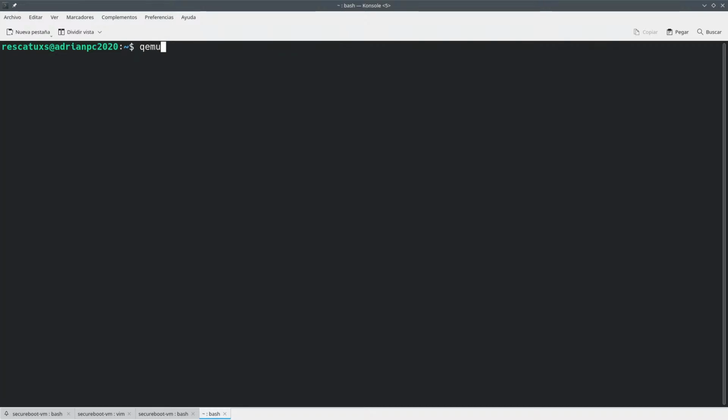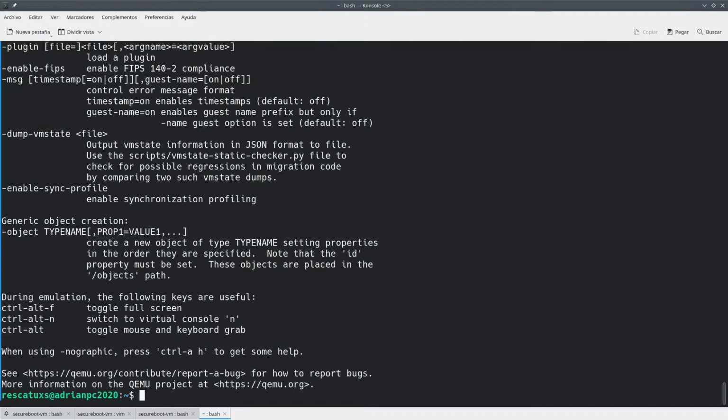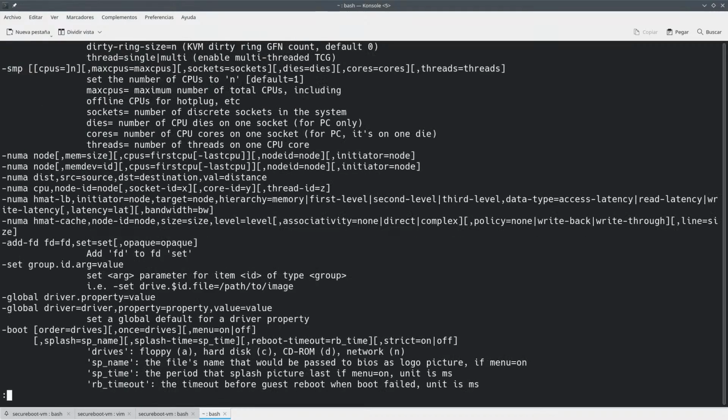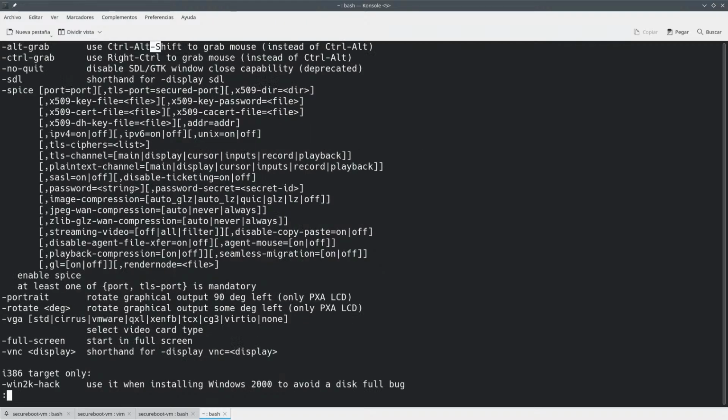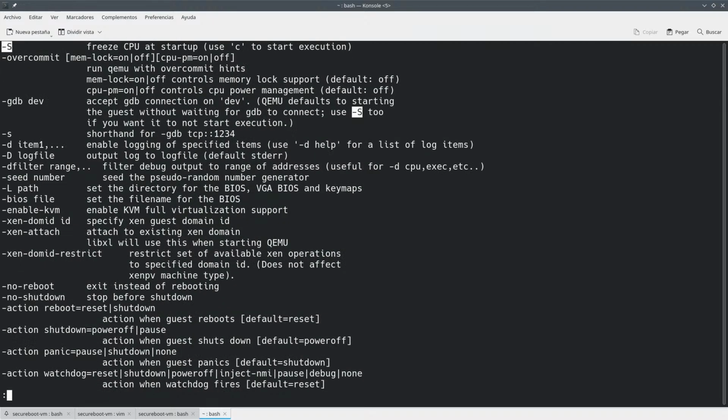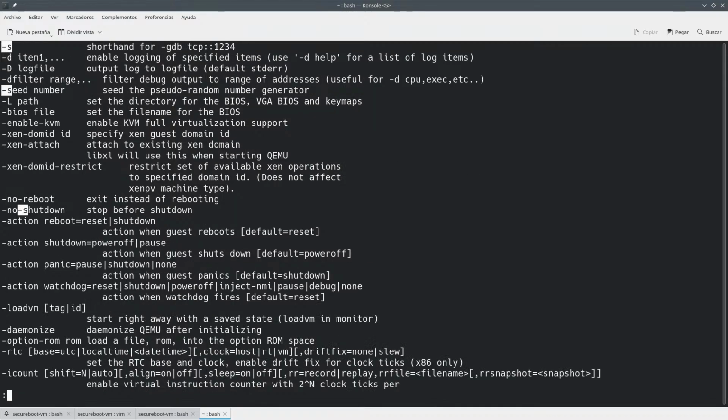So I have found something that might be worth trying. Minus S. What is minus S? Freeze CPU at the startup. I don't want to freeze the CPU at the startup.